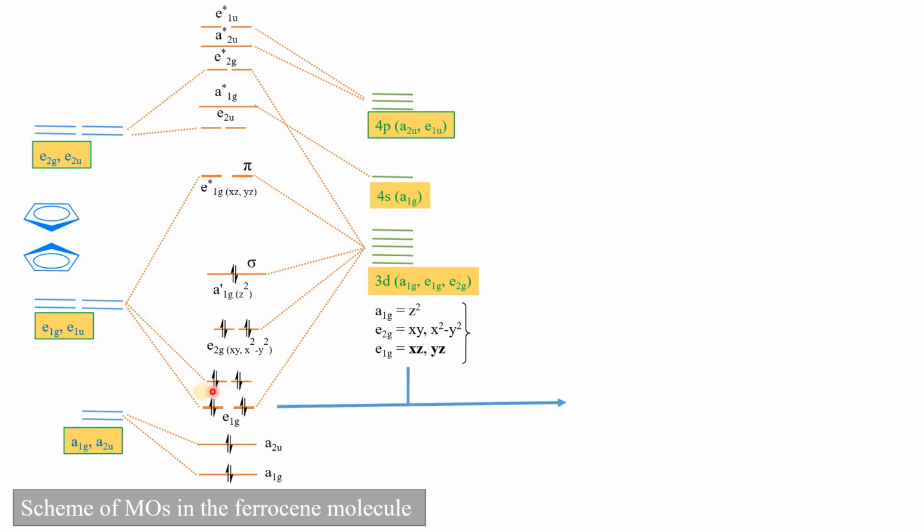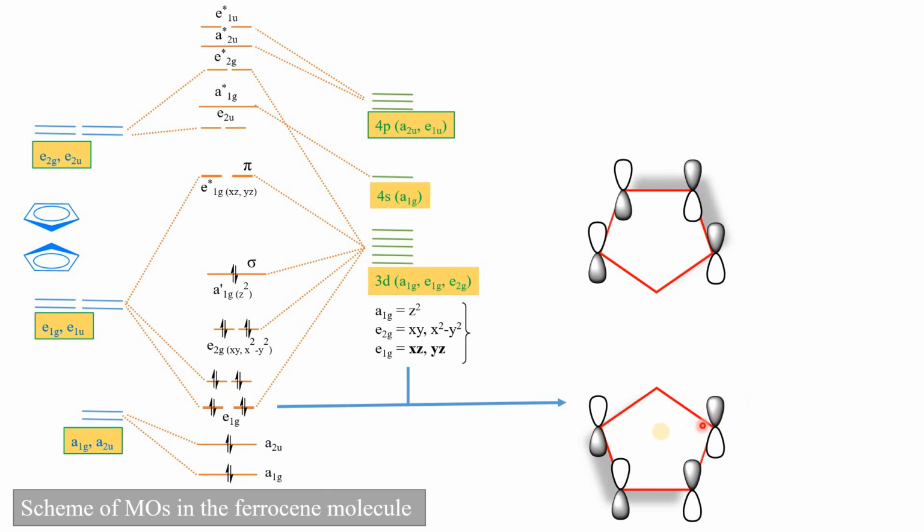So let's show an enlarged version of this orbital, how this bonding takes place, because this is the principal bonding. This is the chief bonding here. E1G strongly bonding and E1G star strongly anti-bonding. This is the principal type of bonding in this molecular orbital diagram. If we enlarge this, then there is the E orbital. This one has one nodal plane. Where is the nodal plane? The nodal plane is here. Okay, and the other orbital.